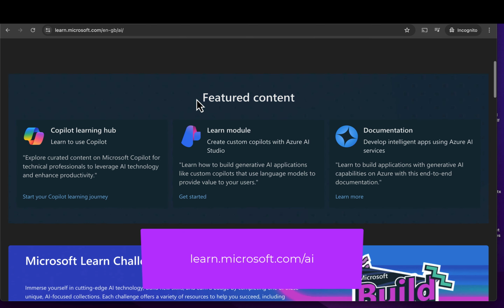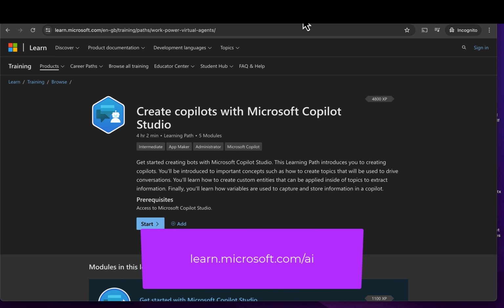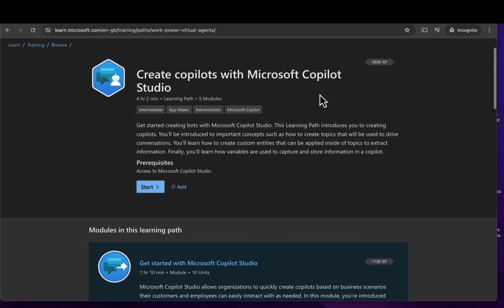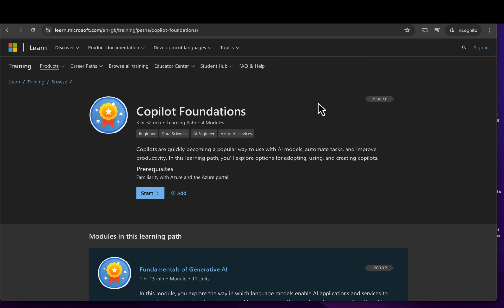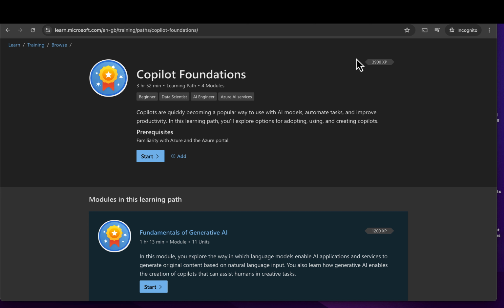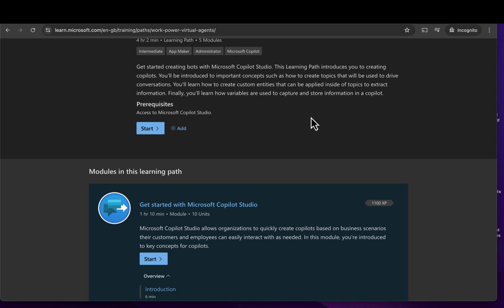And here you'll be able to find specific learning paths for Copilot Studio. One here for Create Copilots for Microsoft Copilot Studio Learning Path, and another one here for Copilot Foundations Learning Path. And they're both excellent learning paths to go through and get started with learning Copilot and AI.